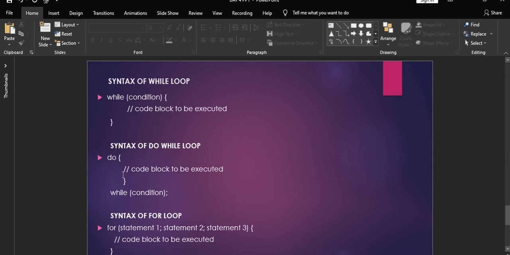When coming to the do while loop, first it will do something and then it will go to the while condition. In a do while loop, the code will be executed at least once, whereas in a while loop, only if the condition is true will it get executed. When the condition is false, it won't get executed. And like I said earlier, the for loop is used to iterate a part of a program several times. That is, first we initialize, then we check the condition, and then we update. And update here means increment or decrement.